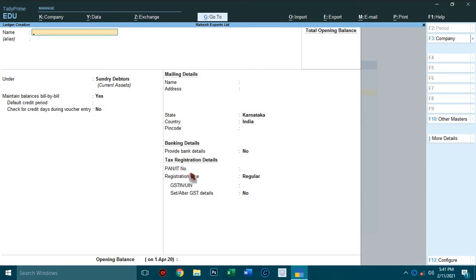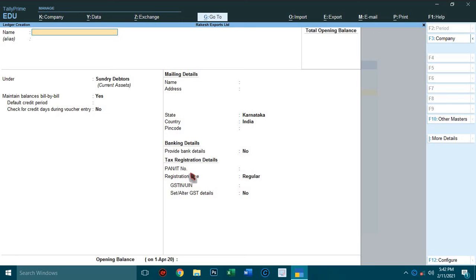Next, create forex gain or loss. When you do business with foreign currencies, sometimes you will get a loss and sometimes a gain. Because of that, you have to create forex gain and loss ledgers.